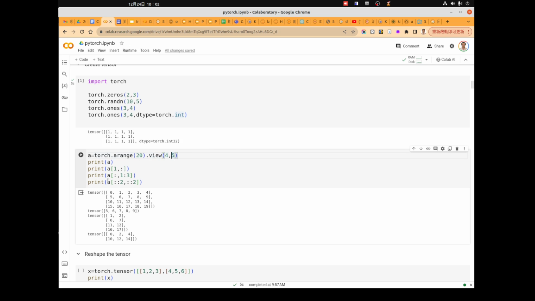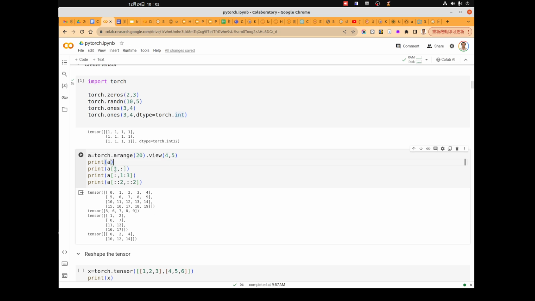When we print A, it's actually an array of 20 elements, but arranged as 4 rows and 5 columns, just like this one.